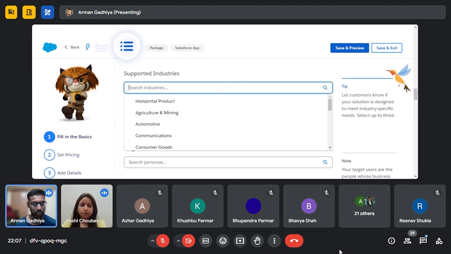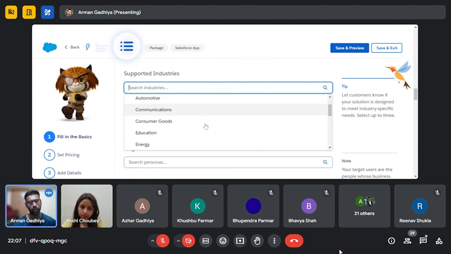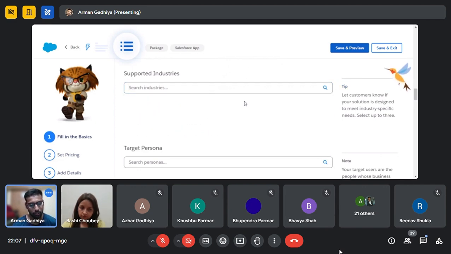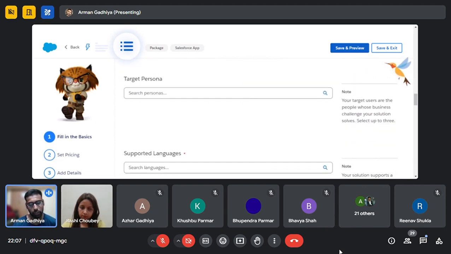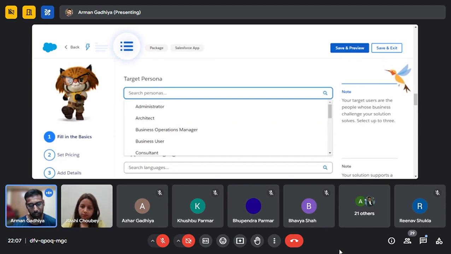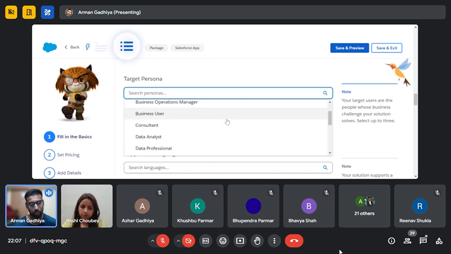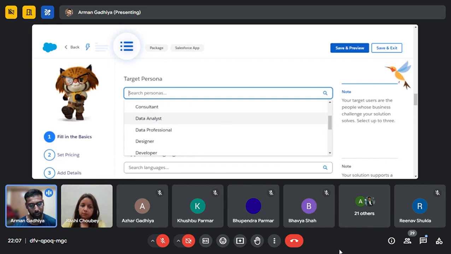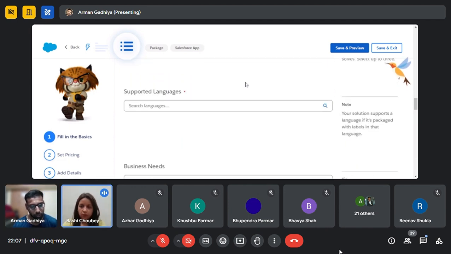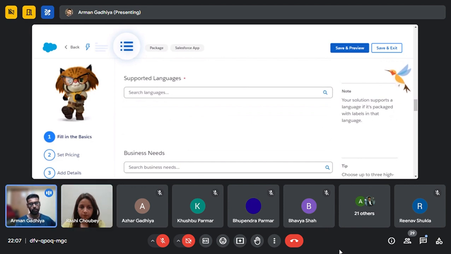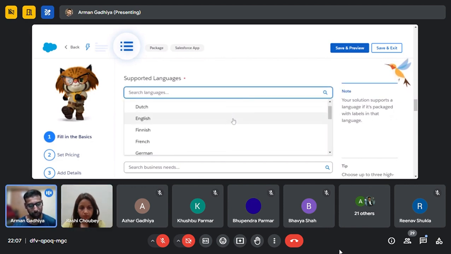So you need to decide what supported industry you are, like agriculture, automotive, communication, etc. Then you need to decide what kind of target market you are targeting, like administrator, architect, consultant, data analyst, and you can also select multiple options here. What kind of language will be supported in your application?